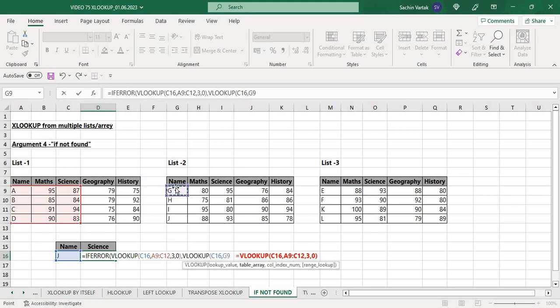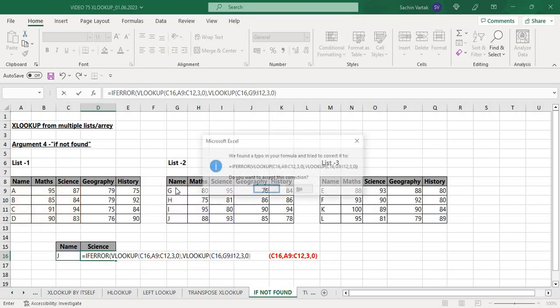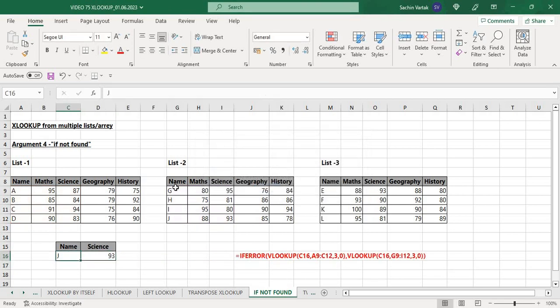So this is my table array, comma 3 comma 0, and this is how using IFERROR and VLOOKUP twice we can compel VLOOKUP to search in two lists. But what if I want to search for this K, and that K is neither in list 2 nor in list 1? If I put K here, it will give an NA error,